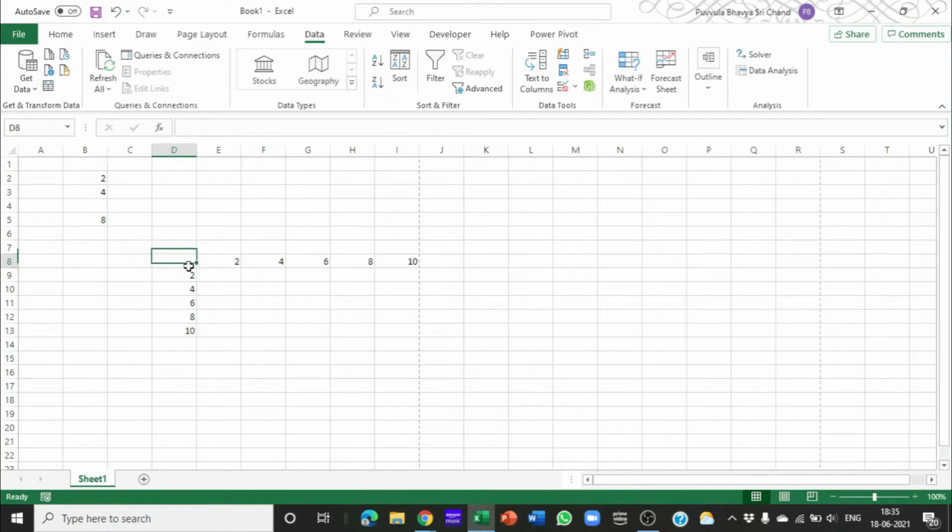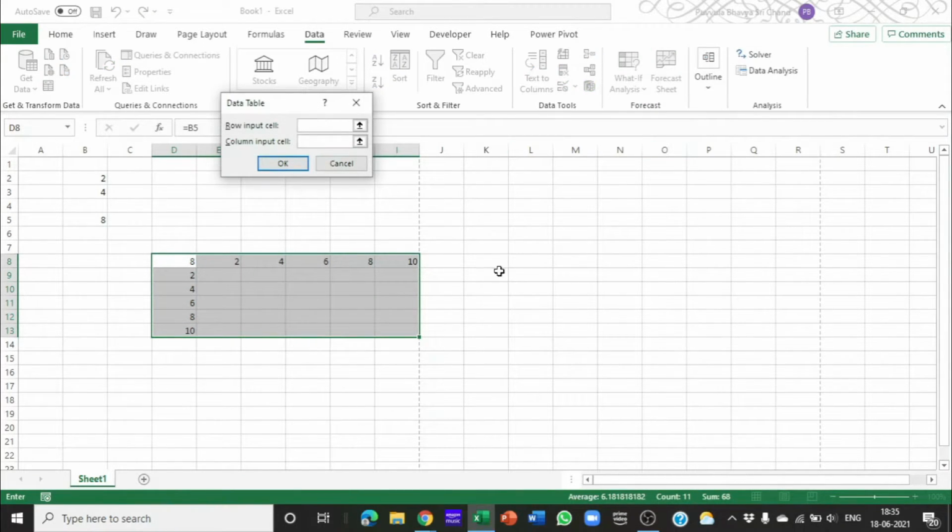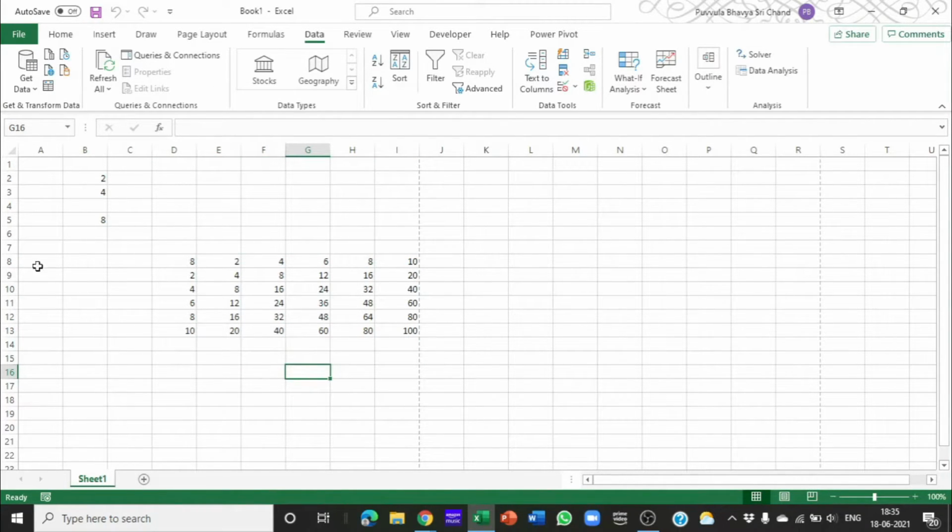So now after giving rows and columns, just leave this top left corner free and give it as a reference to the cell where the normal calculation is carried out. Now click this range, go to What-If Analysis and click on Data Table. The row input cell will be the first value, and the column input cell will be the second value. Click OK. Then Excel directly produces all the calculations using the formula you used in this cell.